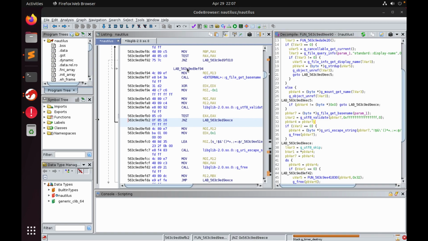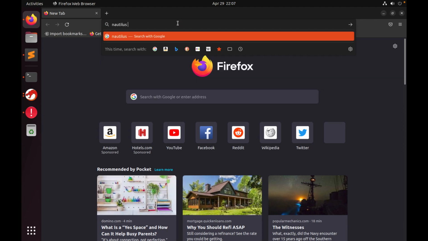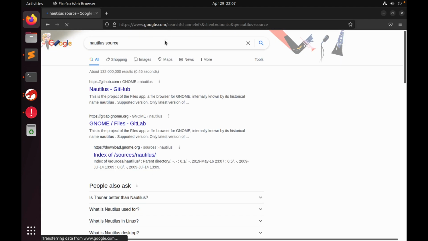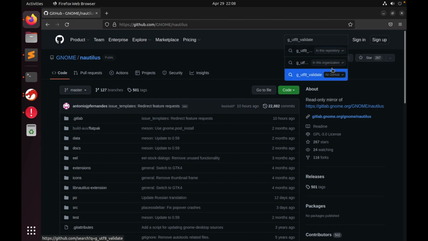So we open up our web browser, type in Nautilus source. The first thing that pops up is GitHub and the GNOME project for Nautilus. Okay. If we go up to search and type in our function that we're interested in, g_utf8_validate, and we search in this repository, not all of GitHub or the organization, but just in this repository of Nautilus,